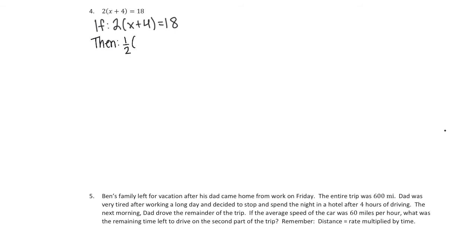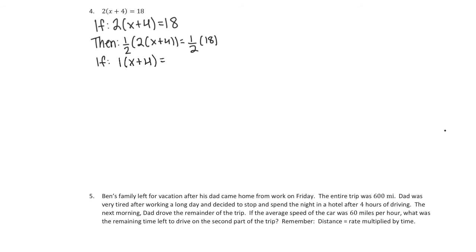So then I'm going to take my inverse of 2, which is 1/2, and multiply it by 2 and x plus 4 equals, what I do to one side I have to do to the other, 1/2 times 18. I know that when I multiply my inverses together, I'm going to get the value of 1. So now I have 1 times x plus 4